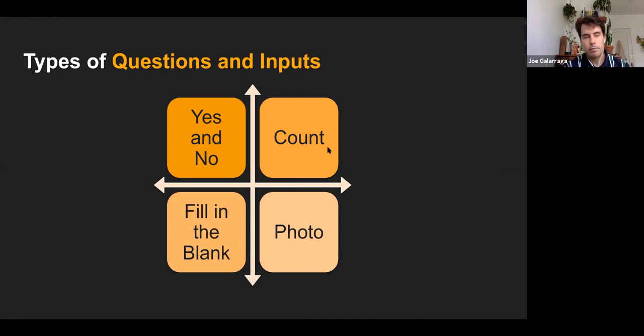Yes. How many, right? Is there a speed bump? Yes. How many? It has a little bit more ability to describe what we see. And the thing that really has the most description of what we see is this fill in the blank here. So let's say, what types of businesses are in the area? You might be able to fill in the blank there. And that can really tell you a lot about a community.